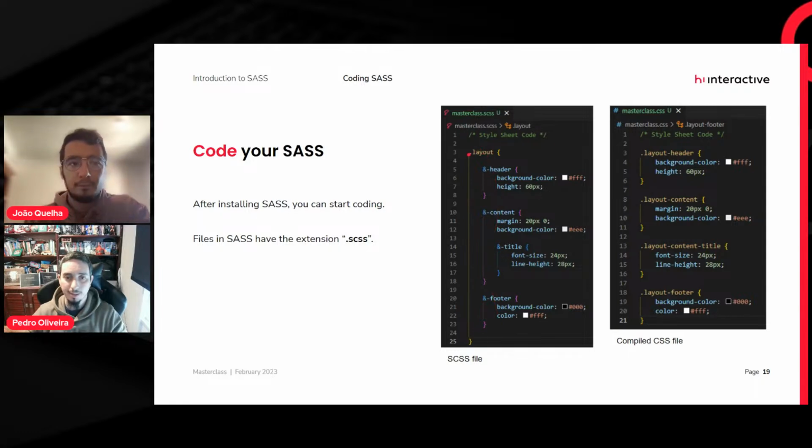What I'm saying is I will have the layout header. This symbol here will tell me that the final result will be the concatenation of the previous element with the current one. Okay, so layout, and then